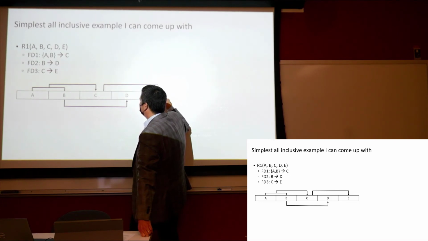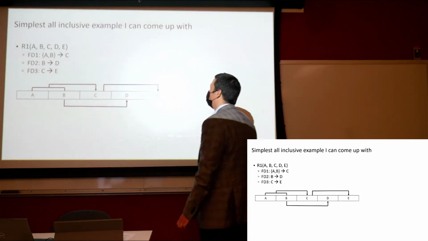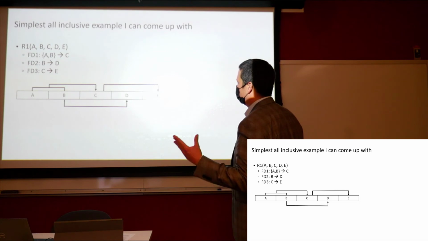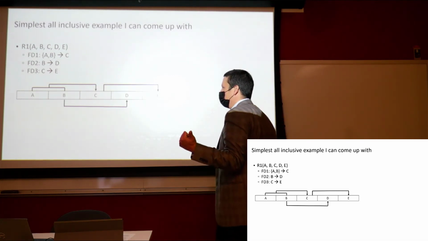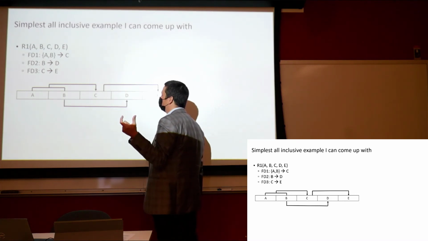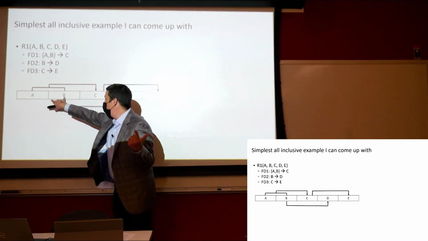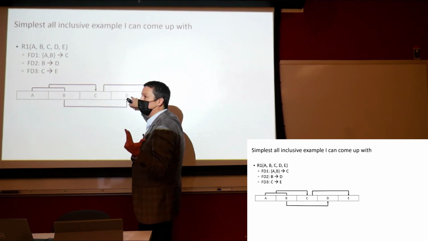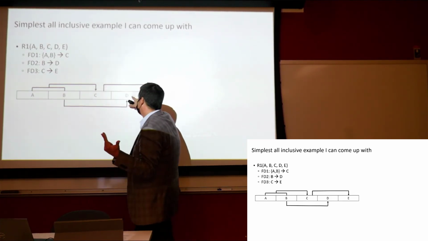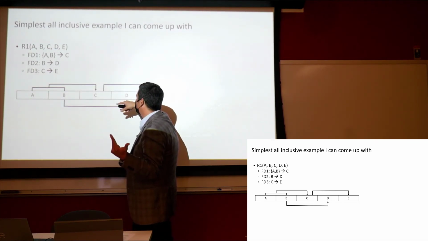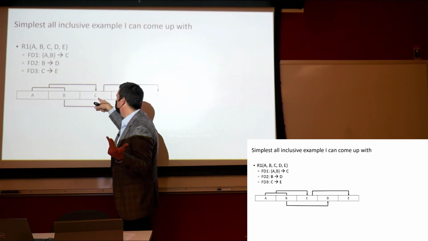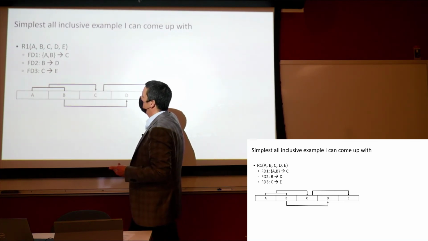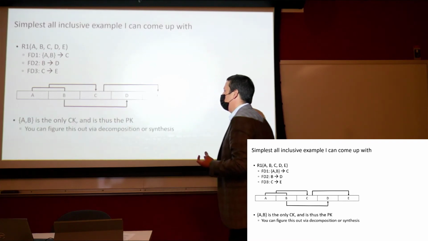So we could identify our candidate key either through synthesis or decomposition. But in this case, we may be able just to look at this and divine the candidate key, right? Because AB together functionally determines A and B through reflexivity. A and B functionally determine C because of functional dependency 1. B functionally determines D, so if we know A and B, then we know B, and B functionally determines D. So AB functionally determines A, B, C, and D, and since AB functionally determines C, and C determines E, through transitivity AB also determines E. So in this case, we have a candidate key of AB,